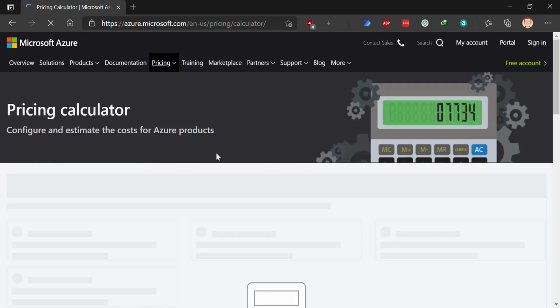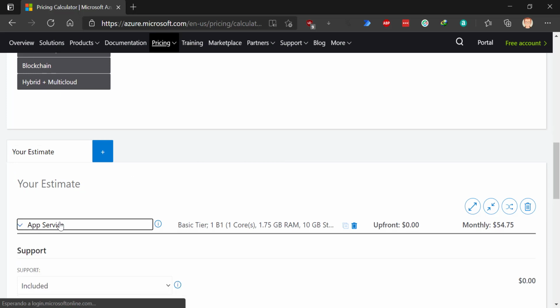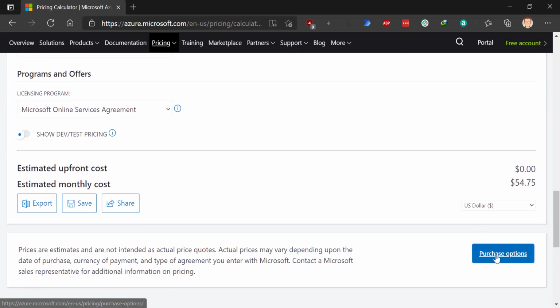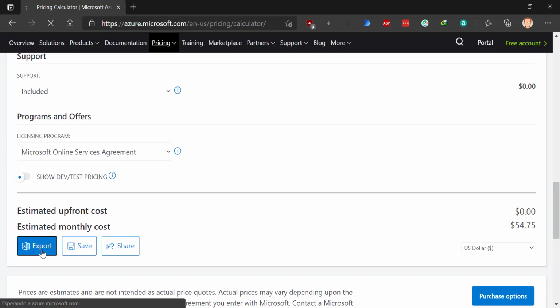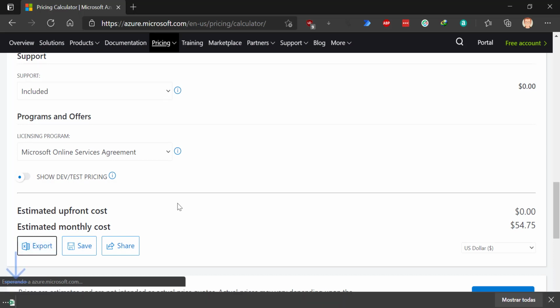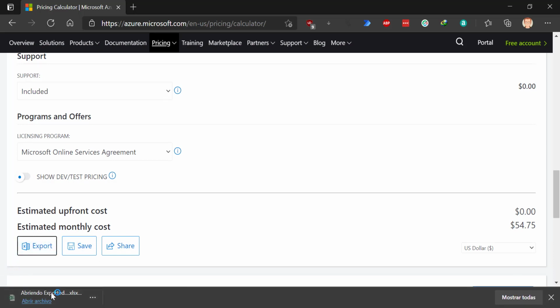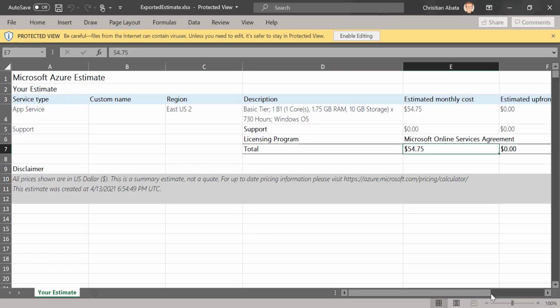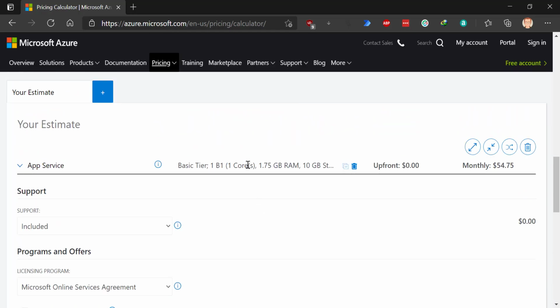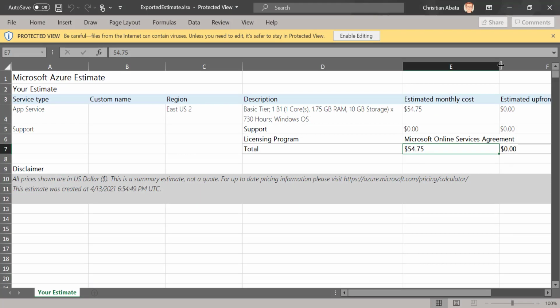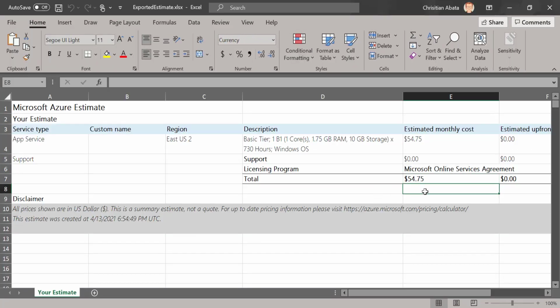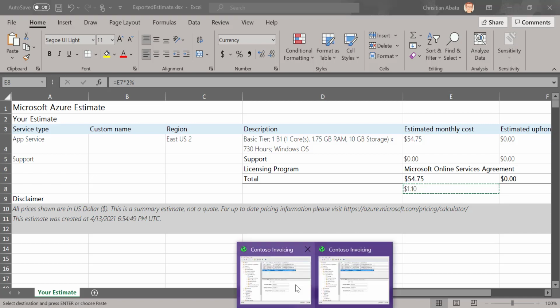I can just type or add some services, and then I get this estimation, and I can export this in Excel. And this export in Excel, it's needed because I want the total and maybe add some discounts here. See, I cannot add discounts in this application, but I can open Excel and add some discount. And how to do that? I need the percent of the discount, and maybe here I am going to see how much is this with 2%. Okay, so here I have my discount,